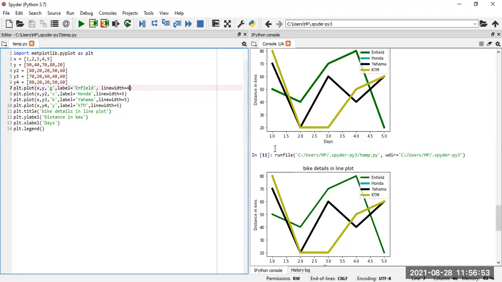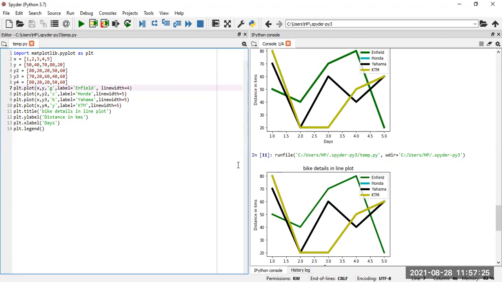The simple way is, first of all, we need to import matplotlib, then the values of the x and y axes, particularly the data. Then we write plt.plot(x, y), with the color, the label indicating which color represents which level, and then the line width. Line width can be mentioned or not, that is not an issue. If you do not mention it, the things will be plotted with a default value.